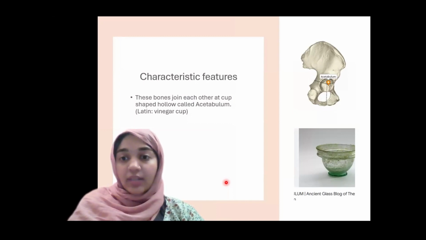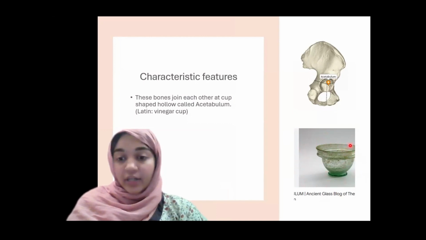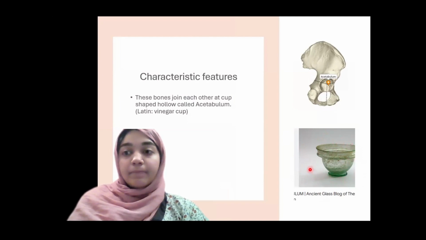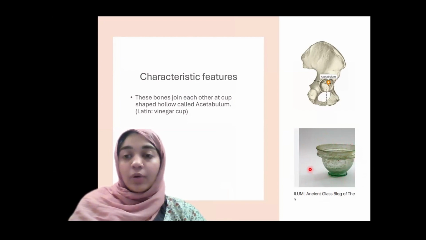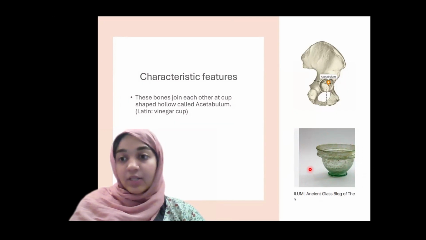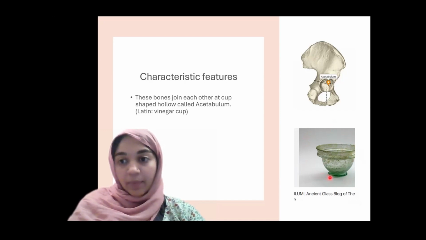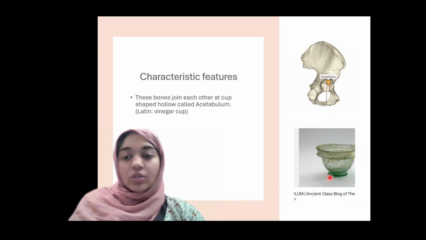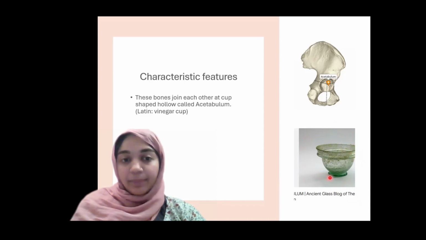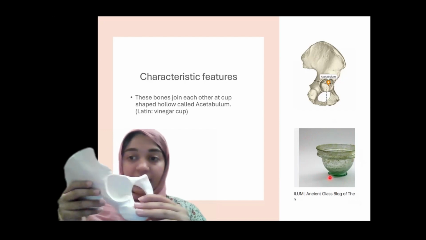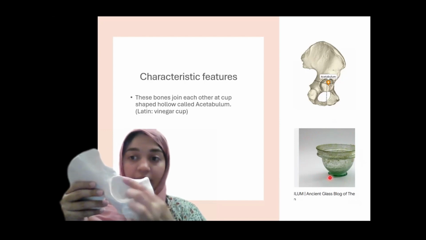Now, in the ancient times, we used to have this wine or vinegar cup, which was called acetabulum. The big lords would drink wine, or especially a special kind of wine, in this cup, but this cup means a vinegar cup, right? So it comes from the word acetabulum, which means vinegar cup. Now, what's the acetabulum? Can you see this rounded cup-like area?